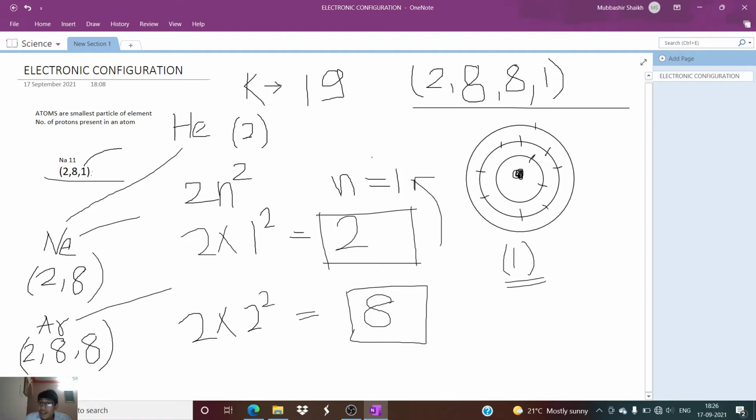So in this way, we can write an electronic configuration of each and every element. In the next lecture, we will study the significance of this electronic configuration on the modern periodic table. Now in the description, you will find a link where you will get the electronic configuration of the first 20 elements. Okay, that is element 1 to element 20, from hydrogen to calcium. Okay, you have to write down those electronic configurations in your notebook.